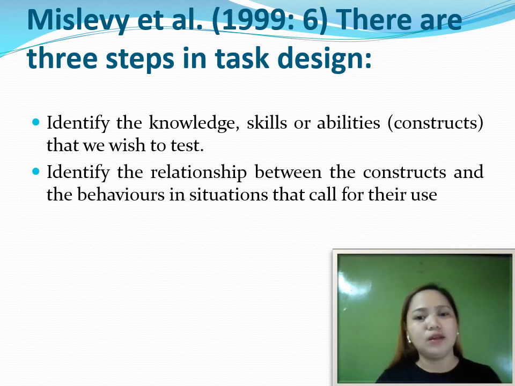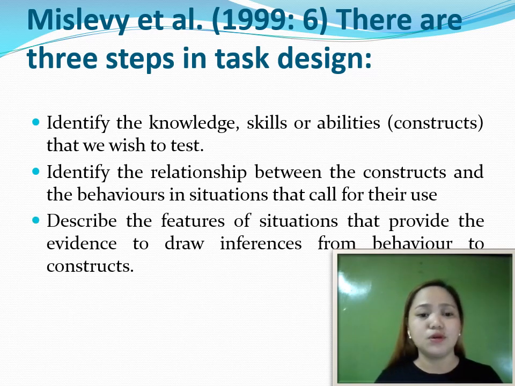The second step in task designing is identifying the relationship between the constructs and the behaviors in situations that call for their use. And the last one, describe the features of situations that provide the evidence to draw inferences from